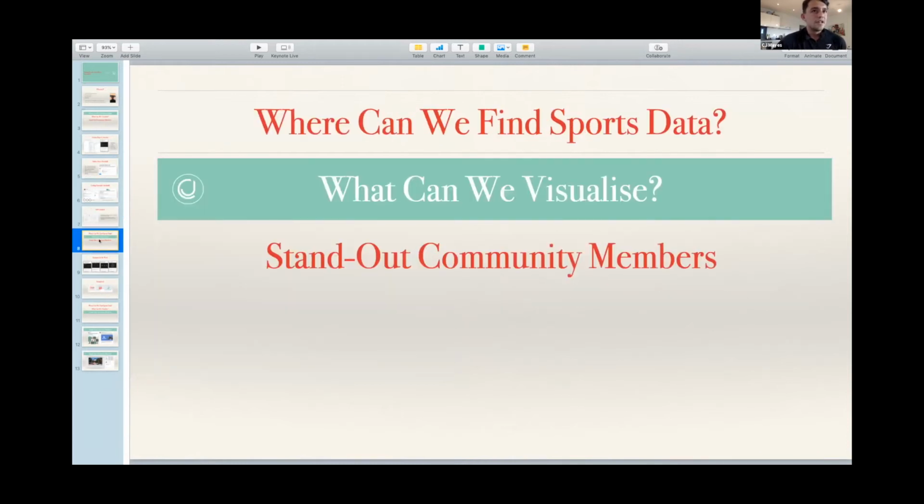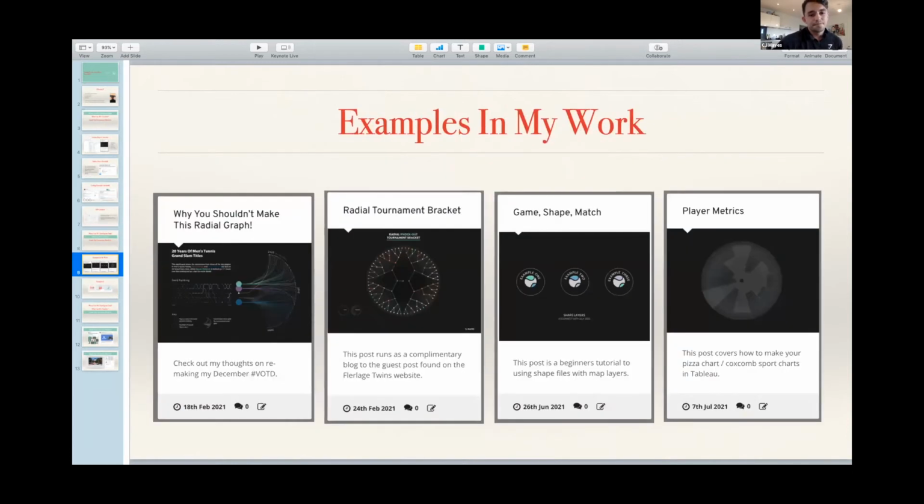So the next part is, what can we visualize? Here I've just dragged a couple of examples of my own work, not to plug it too much, but this is a way of visualizing sports data in an unconventional means. You'll see that there's no kind of bar graphs or line charts in my work. It's very abstract ideas. So the first one is, from left to right, a tennis mapping of the big three